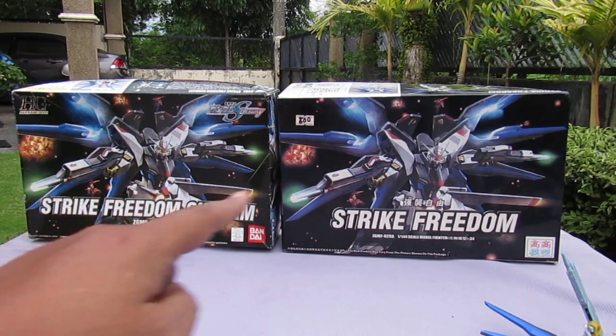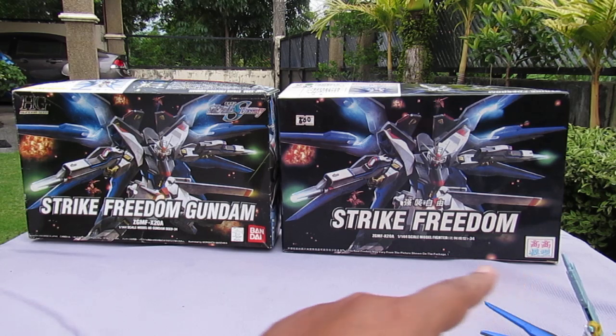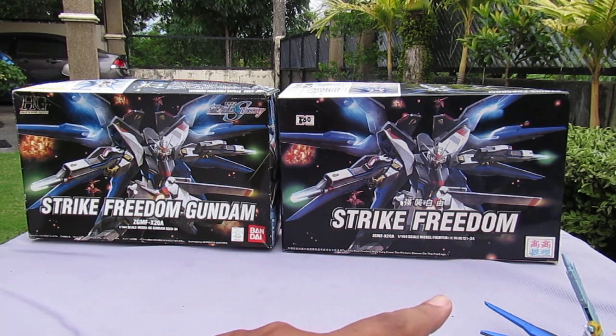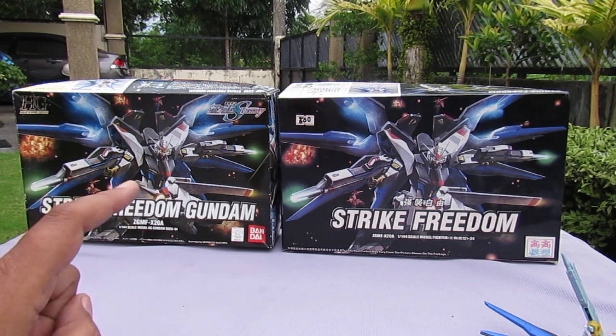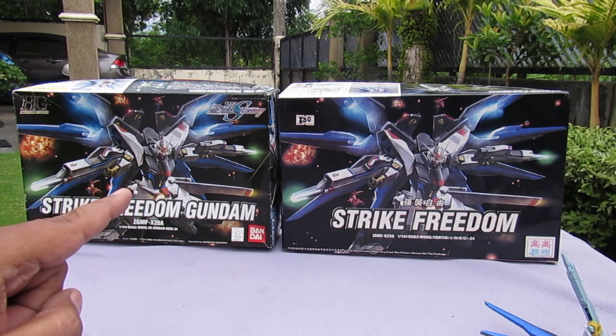Obviously Bandai, and over here it's the TT HONGLI brand. Over there you can see TT HONGLI, and it says here Strike Freedom Gundam. Over here it just says Strike Freedom, and I believe you could buy this at Toys R Us. Bandai still keeps on making old model kits. I think this is around